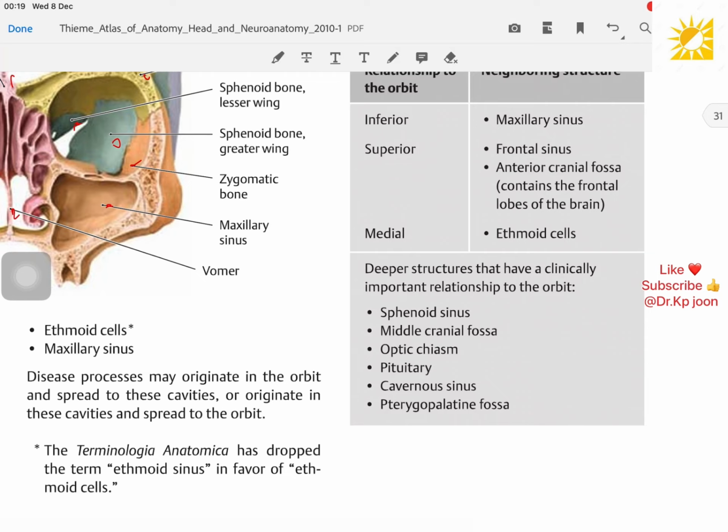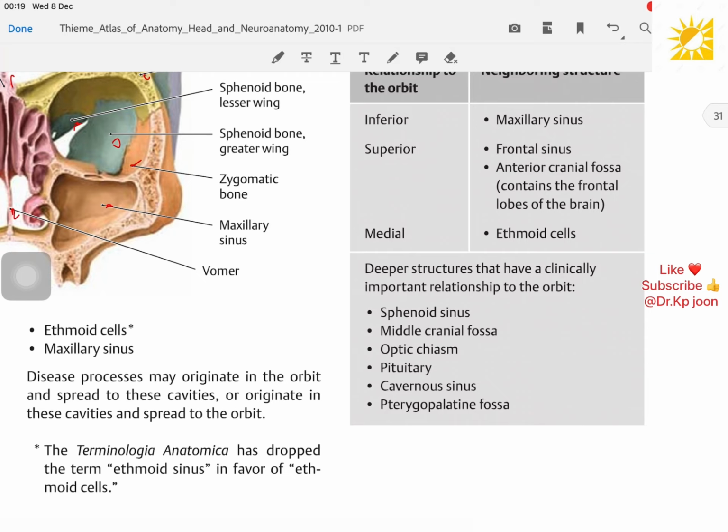So see this diagram. In this diagram, this is the ethmoid bone, perpendicular plate, and this is the frontal sinus, crista galli, ethmoid bone, superior orbital fissure, superior nasal concha, inferior orbital fissure, orbital floor, middle nasal concha, and inferior nasal concha,